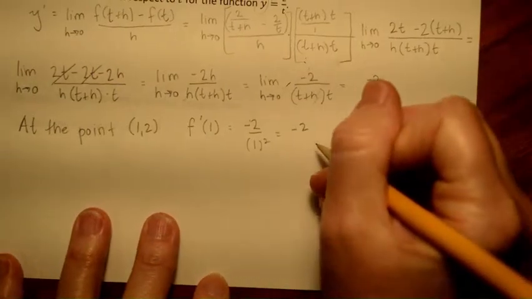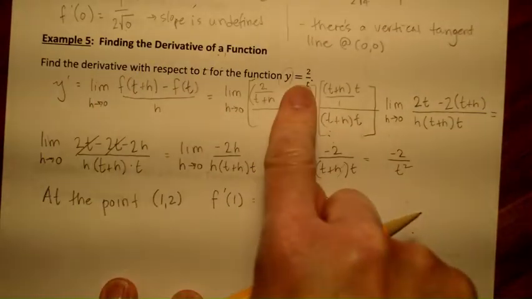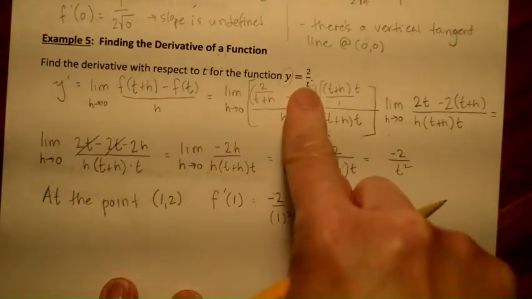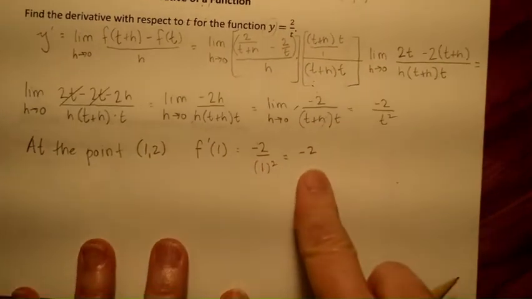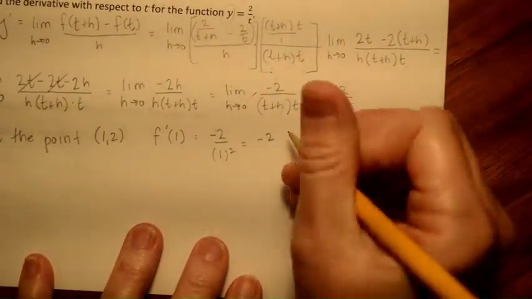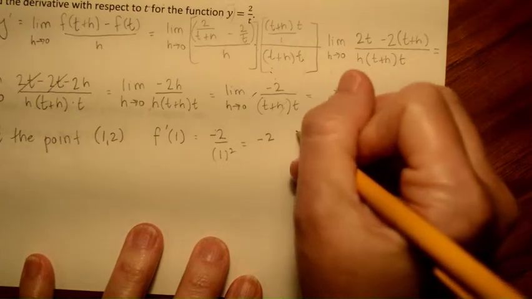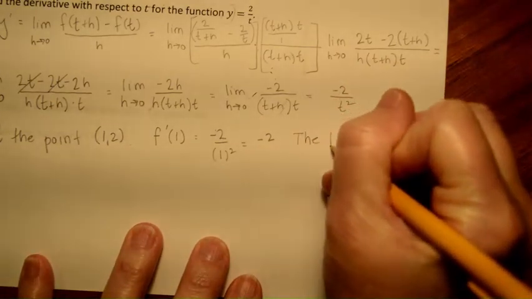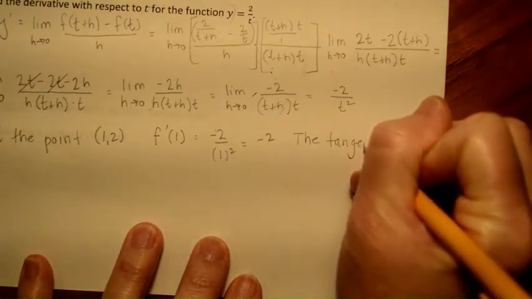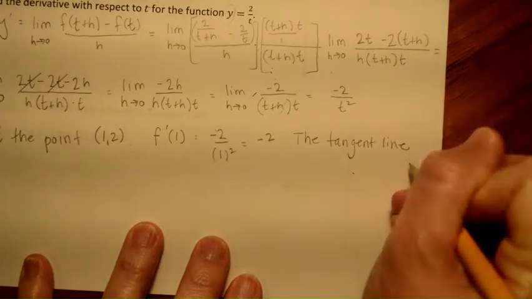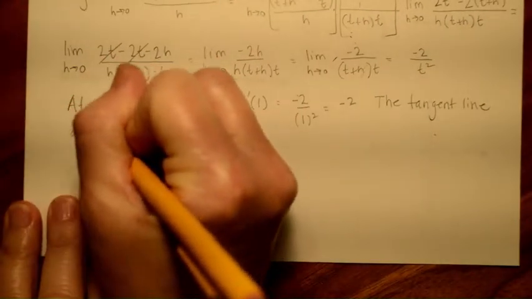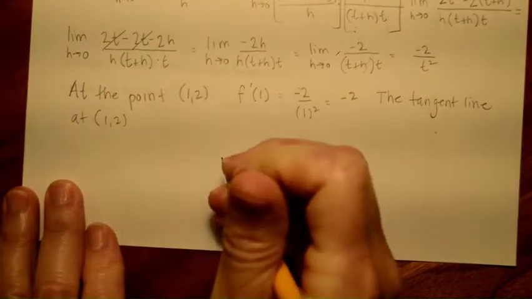I'm also finding the tangent line. It's possible that when I typed this up, I forgot to ask to do that, and so I'm just doing it right now. All right, so then we would say the tangent line at (1, 2)